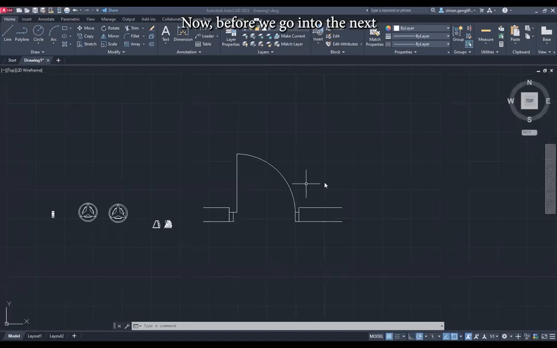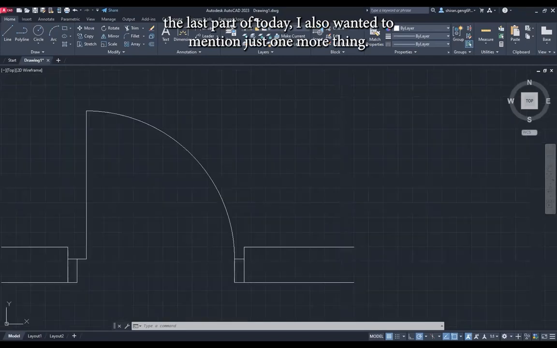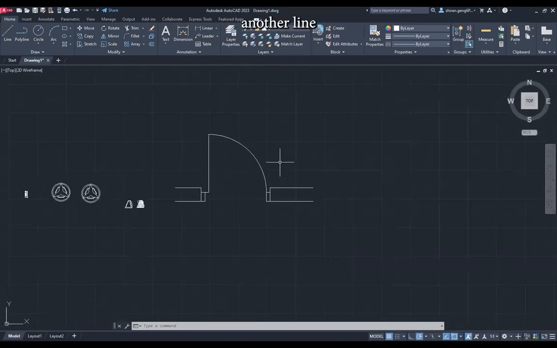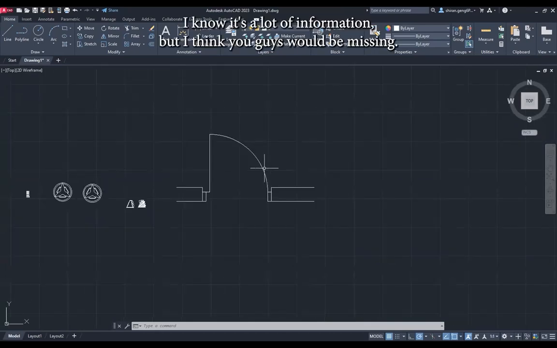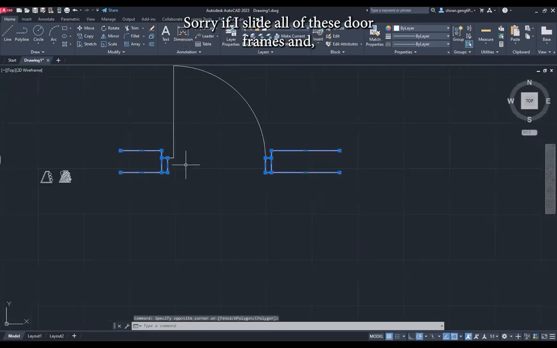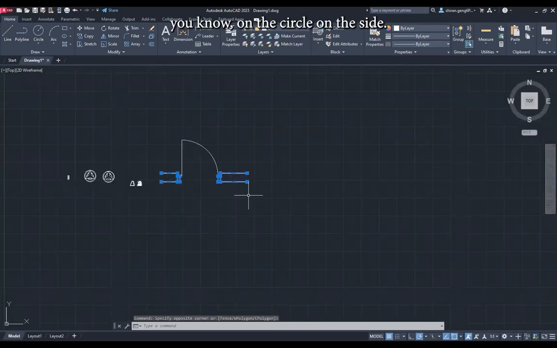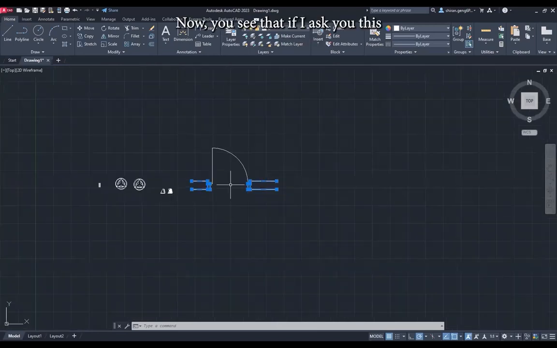Okay, now before we go into the last part of today, I also wanted to mention one more thing. Another command which I wanted to show you guys. I know it's a lot of information, but I think you guys will be able to handle it. So if I select all of these door frames and the circle on the side, so if I select everything but the door swing, now you see that if I copy this, and then if I want it to go down,